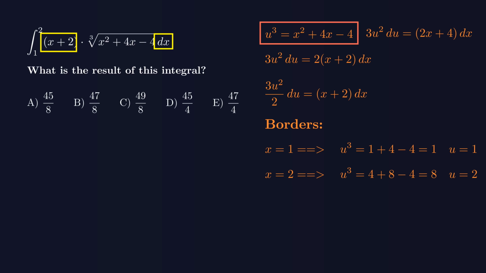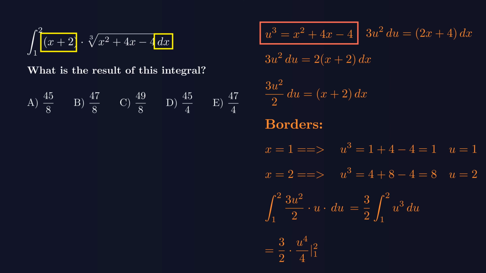Okay, now we have everything we need to rewrite the integral. The new integral is from 1 to 2. Remember, those are u values, not x. We replace (x + 2) dx with (3u²/2) du, and the cube root part becomes u. If we take the constant 3/2 outside the integral, we're left with the integral of u³ with respect to u, which gives us 3/2 times u⁴/4,